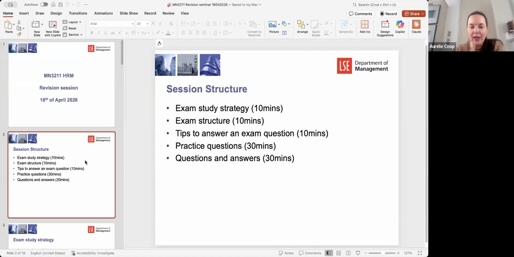So what I would like to do first is talk about study strategy for those who are maybe less familiar with this type of social science exam. The structure of the exam might change from last year, so what I'm presenting is last year. The logistics of the exam, so what format, how many questions, how much time,